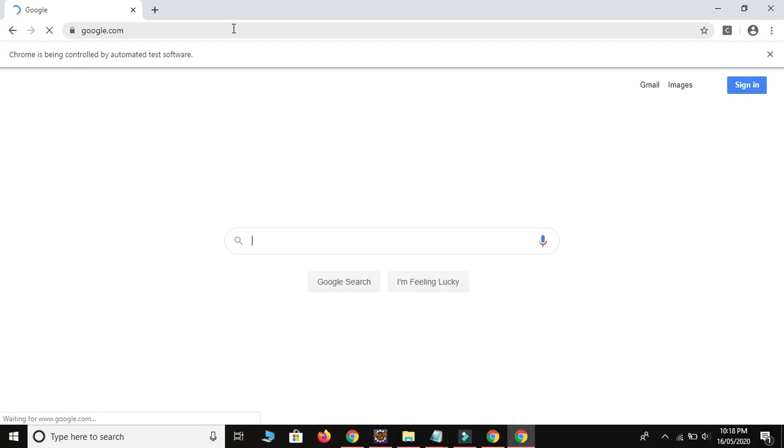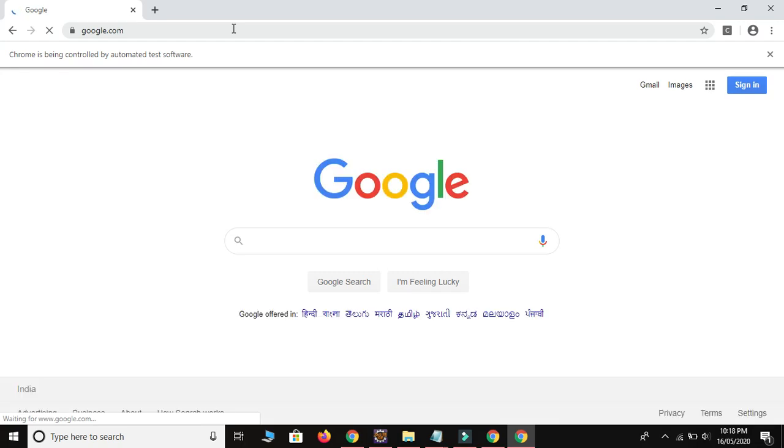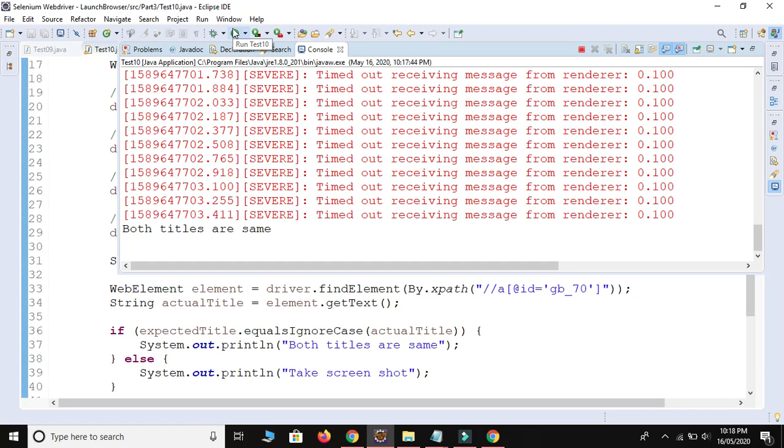It will take a few seconds. Just wait for the execution. So it printed both titles are same.